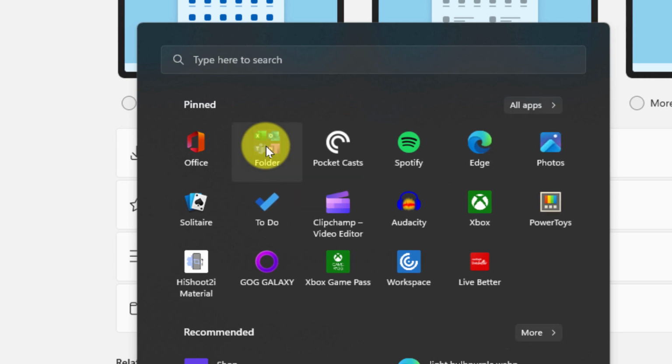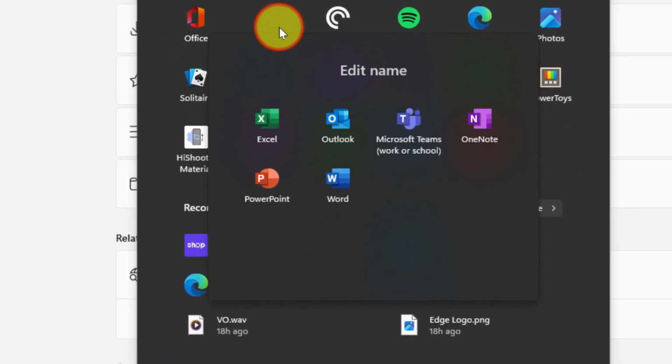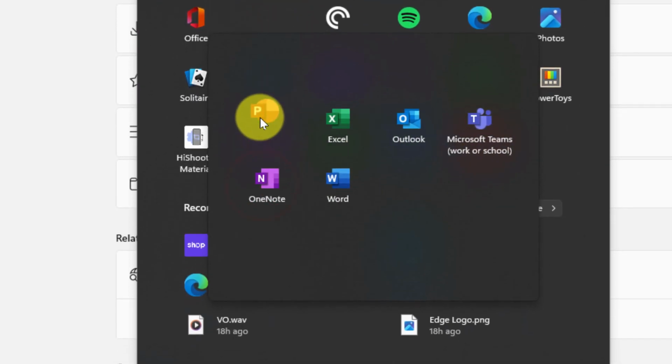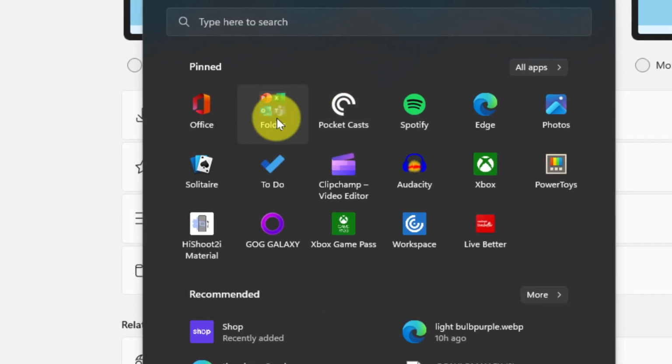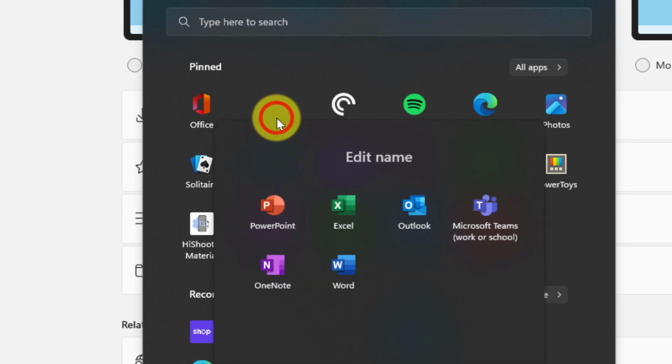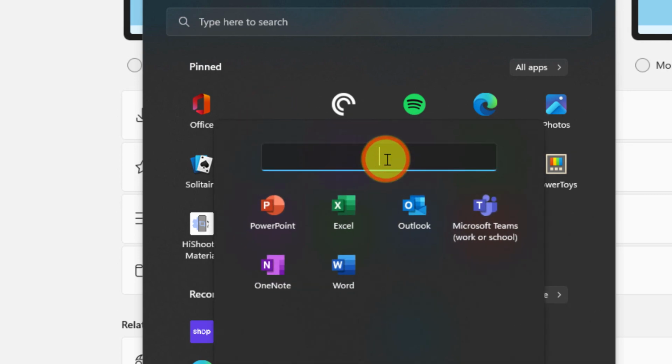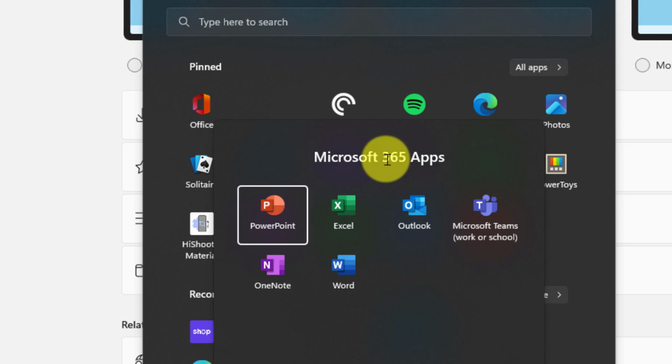And what you'll see is now I have many more spaces available to me in my pinned apps. But when I click on the folder, I can drag and drop these around and adjust the positioning of them inside the folder, and the most recent 4 ones at the top will show up as the preview. I can also choose to enter in a name for my folders to make it easier to organize and understand where my apps are. So I'm going to call this one Microsoft 365 Apps.